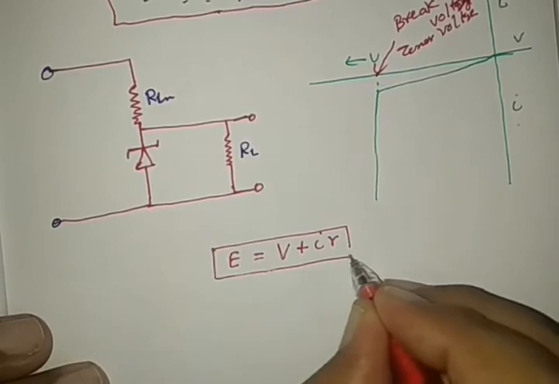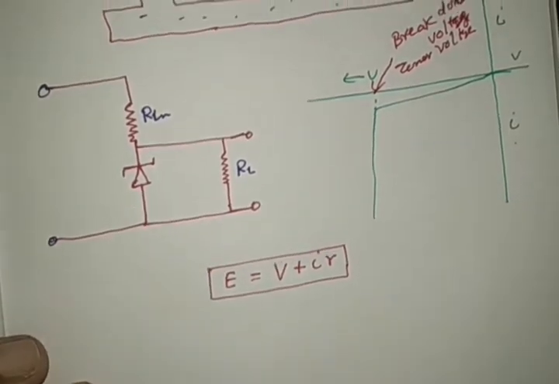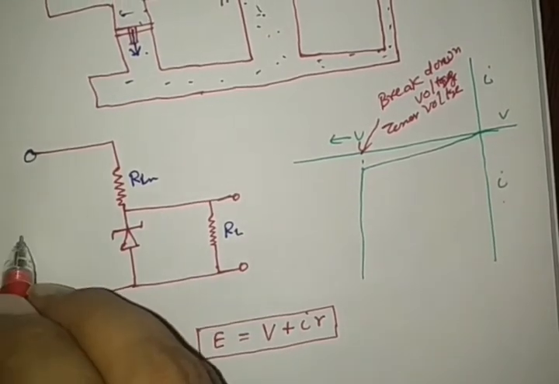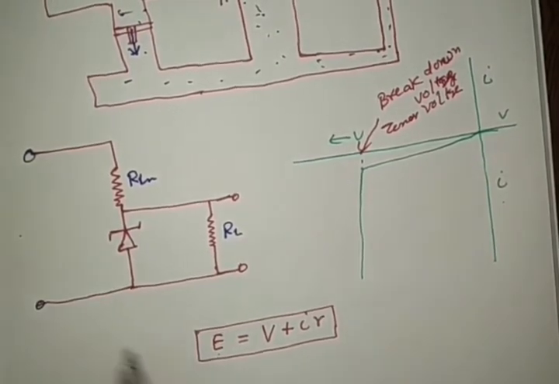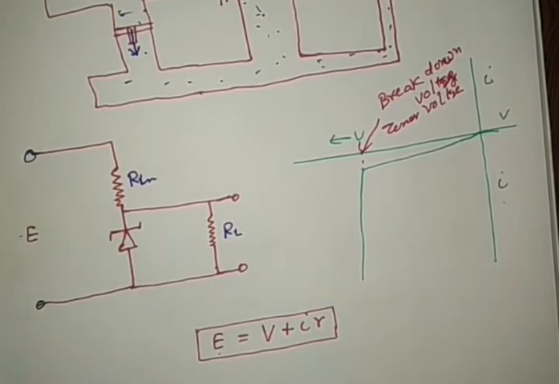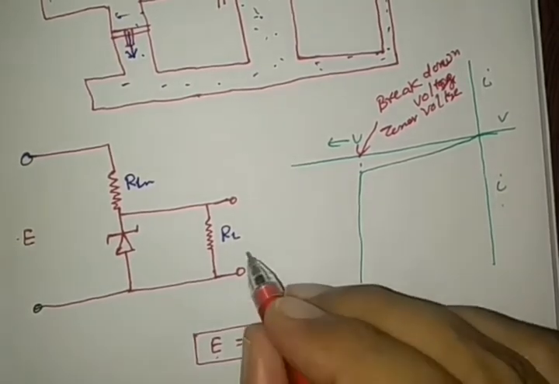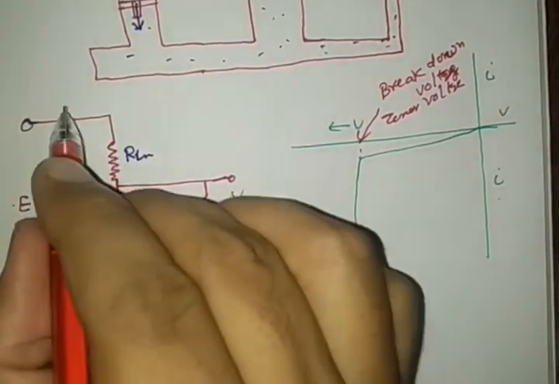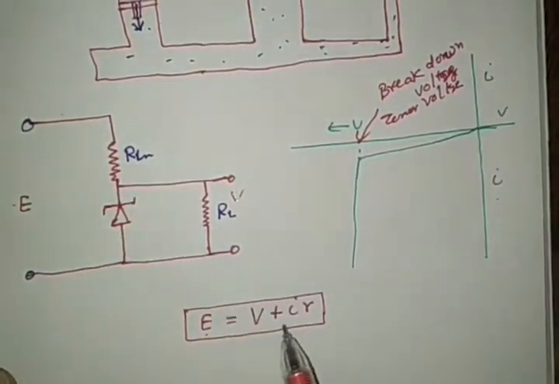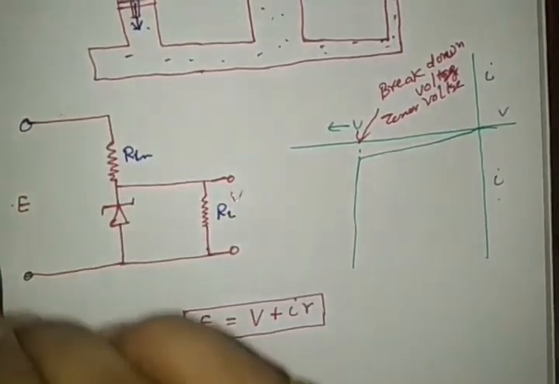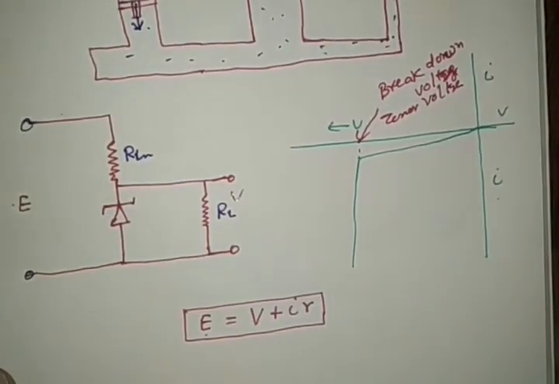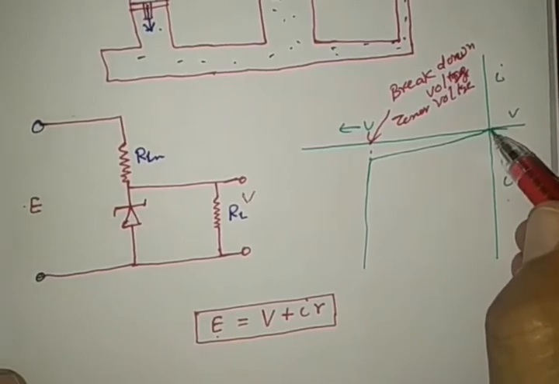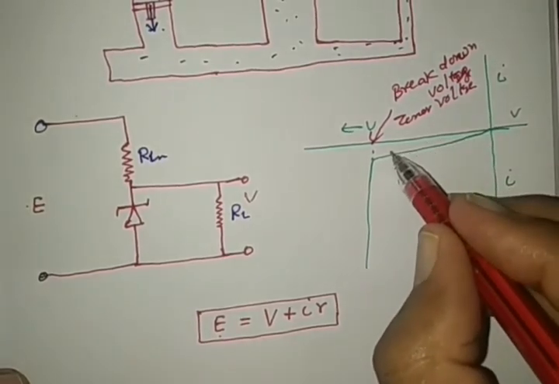With the help of this equation, see how I am explaining all three. This is the applied or input voltage, E. Here is the output voltage, V. This is the current I flowing, and the input resistance is the internal resistance of the system. Right? How does it regulate? See, when we increase the voltage, current increases.